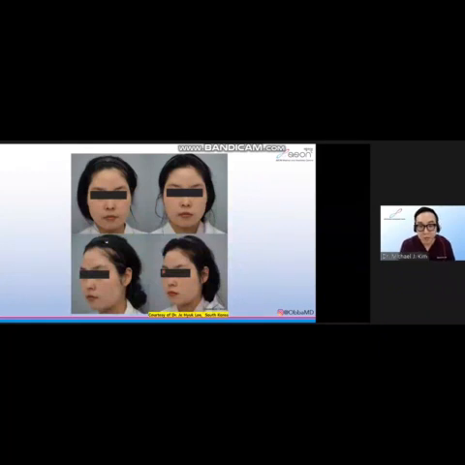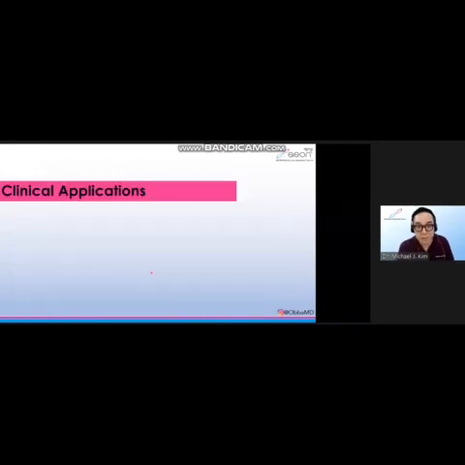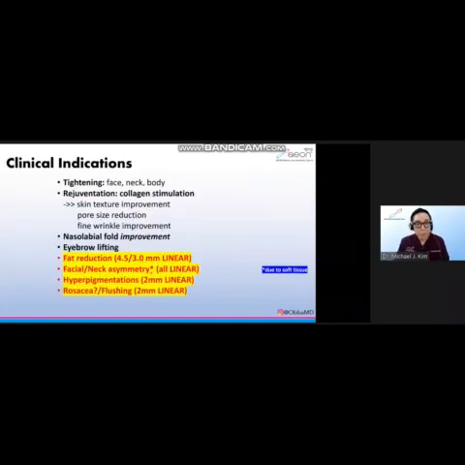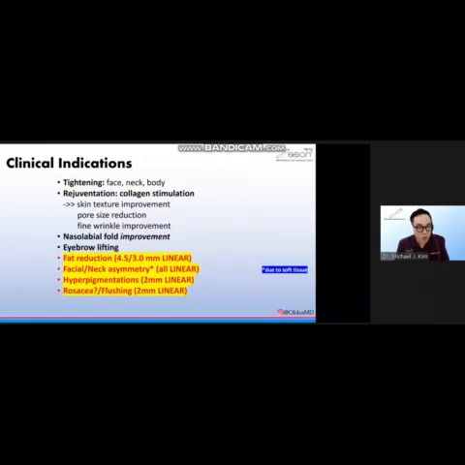Another case of improvement of erythema after using the 2mm linear HIFU treatment. An improvement of telangiectasia after using the 2mm linear HIFU. Going on to clinical applications. Most of these indications are already well known for traditional HIFU, but with a new linear HIFU, we're able to address additional conditions such as fat reduction, facial and neck asymmetry, which is due to soft tissue, hyperpigmentations, and even